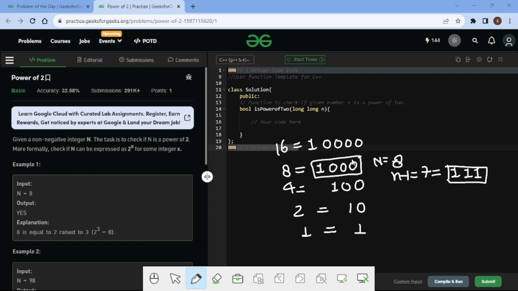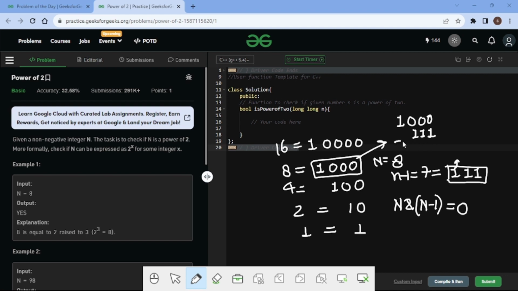If a number is represented as 2 to the power of any x, then if we take the bitwise AND of n and n minus 1, this gives a 0 result. Here n is 1000 and n minus 1 is 0111.